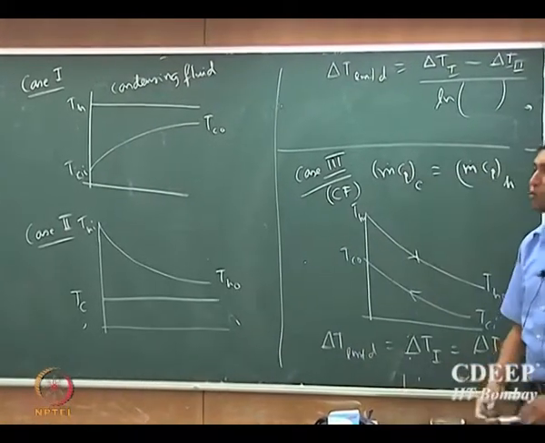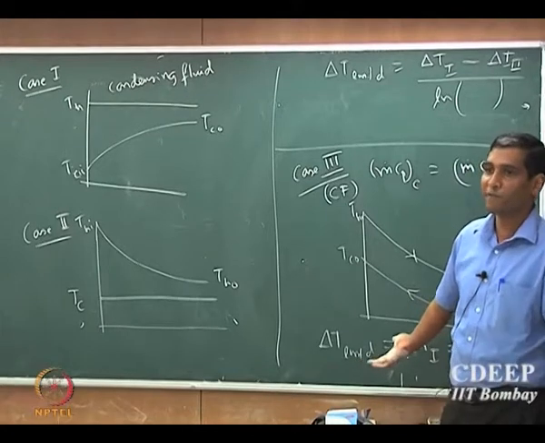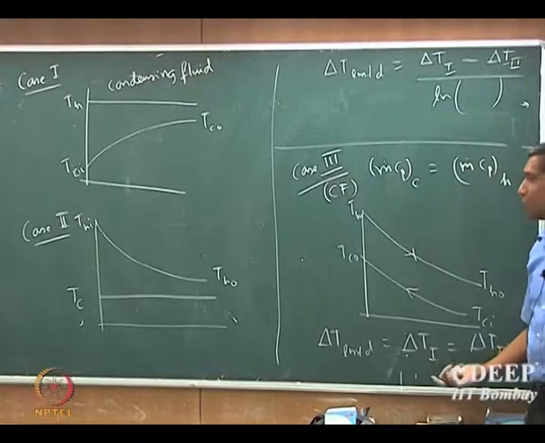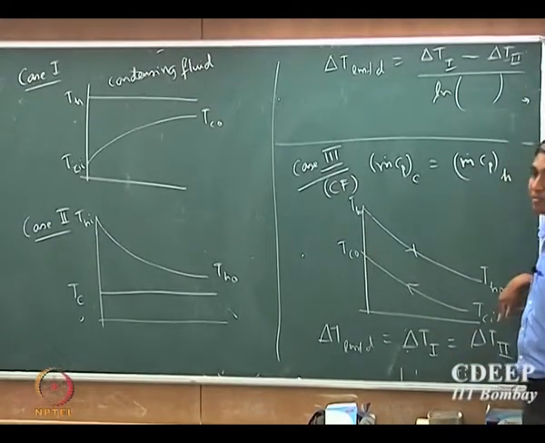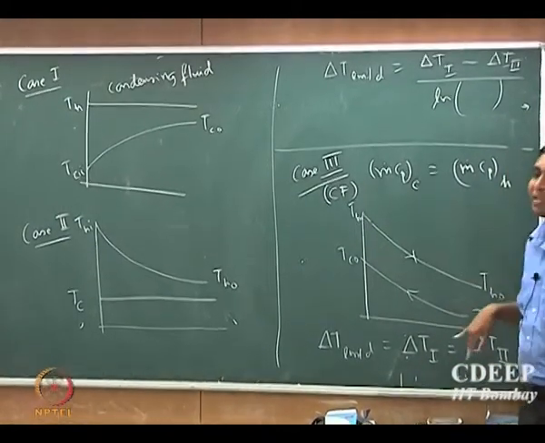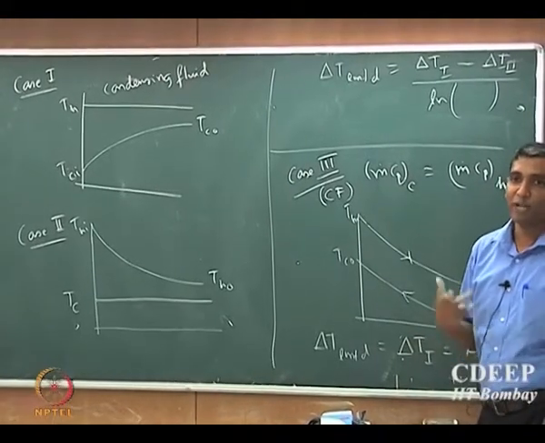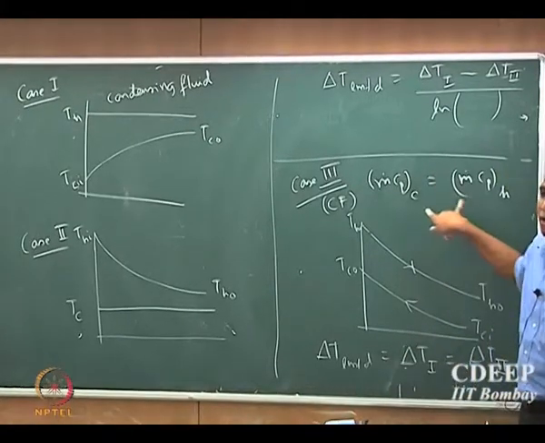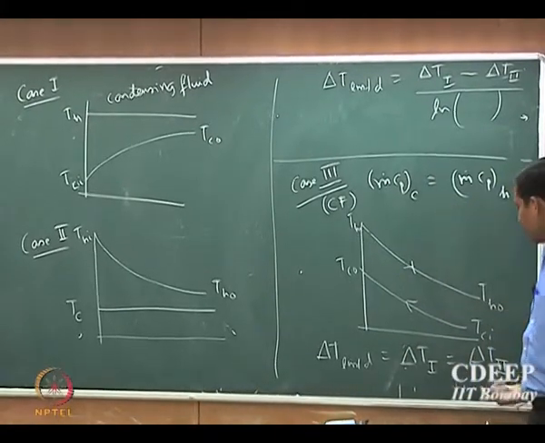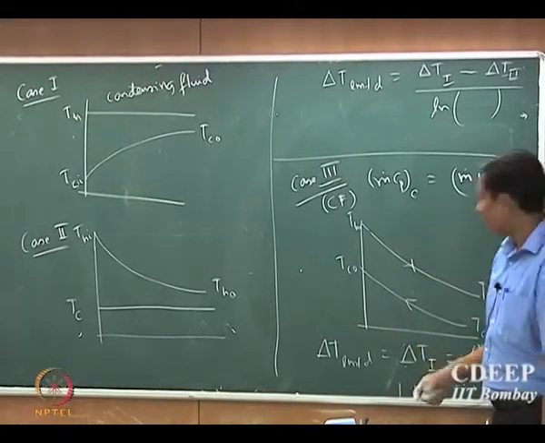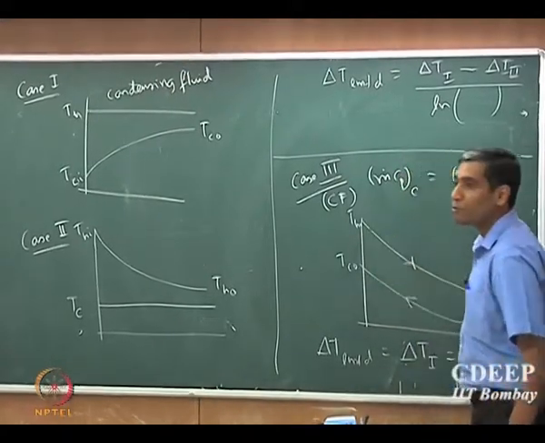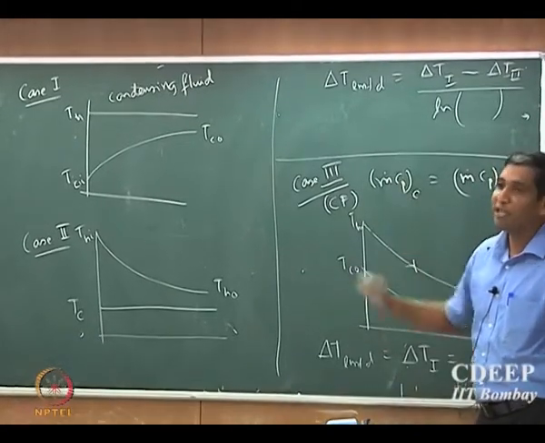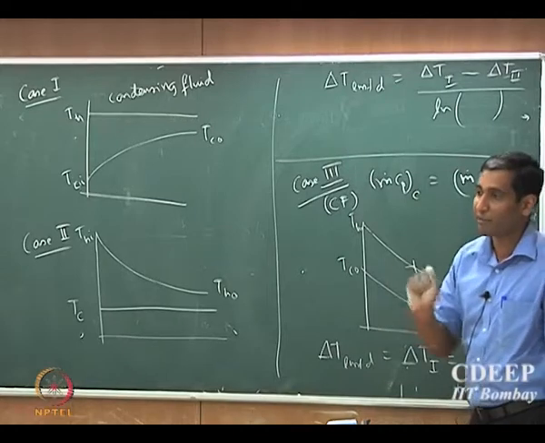basically what it means is that you do not require a log mean temperature difference to characterize this problem. So the temperature difference that you should use is either of these two. That plays an important role in designing your heat exchanger. If you can decide your mass flow rate such that the m dot Cp of the cold and the hot fluid are the same, then you have an important property. You are now able to predict the temperature profile inside the heat exchanger, which we cannot do in all the other cases. We do not know the exact temperature profile.